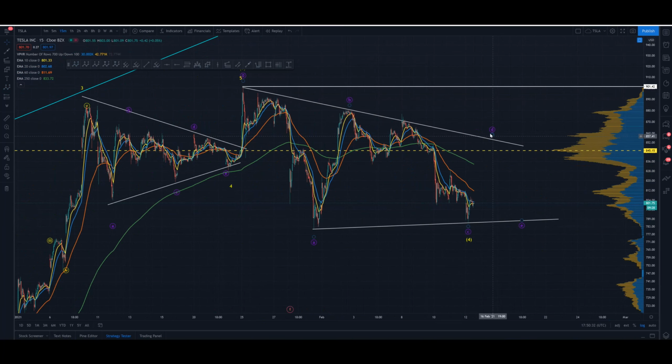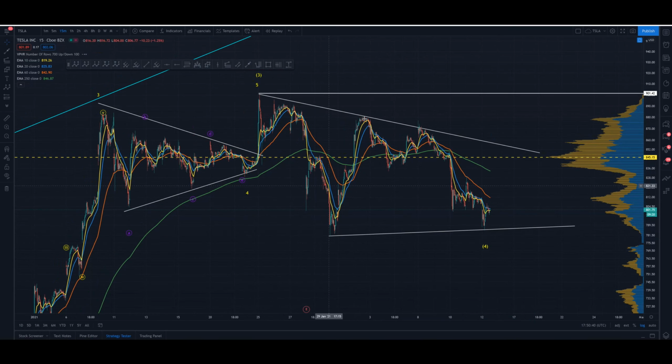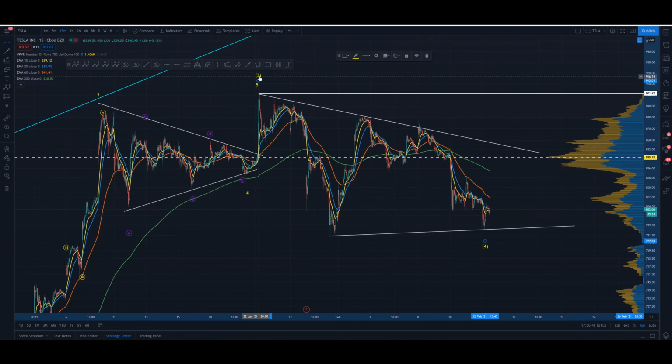Okay, so at this point, let's say for a moment you're bearish, right, or let's say you're currently short in Tesla in any way, then unless you're willing to take on more risk, the top of this proposed intermediate wave 3 at 901.42, this is your cutoff. Because if we come back above, the only way you can be bearish at the moment is